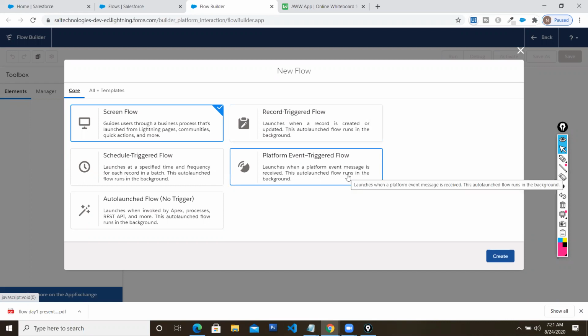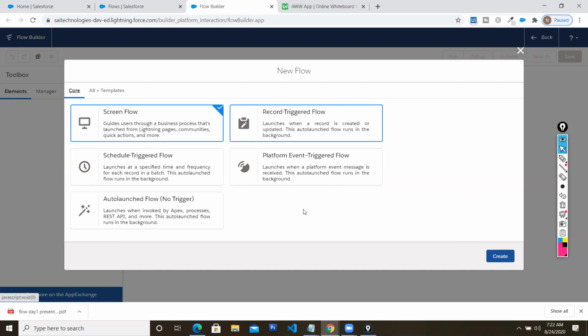Let's say there is a third party system connected to your Salesforce. When a record is inserted in the third party system, the platform event might be fired. When the platform event gets fired, my flow needs to respond to that. At that point of time, you can go for platform event. The platform event may be within your Salesforce, or it may come through an external system, whatever the scenario, your flow can respond to that. So many things have been added in the new release. We are going to start with a screen flow, because the requirement says that you need to greet the users with a welcome message.